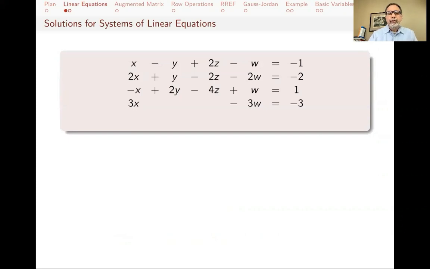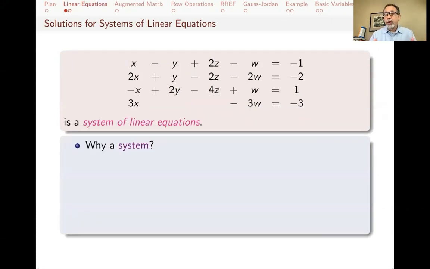Here's an example of a system of linear equations: x minus y plus 2z minus w equals minus 1, and three more equations. A system could be one equation, but it could be more than one equation. And when we have more than one equation, like here we have four equations, we don't want to solve each one of them individually. We want to find solutions that satisfy all four at the same time. So we want to find x, y, z, and w that satisfy all four equations,